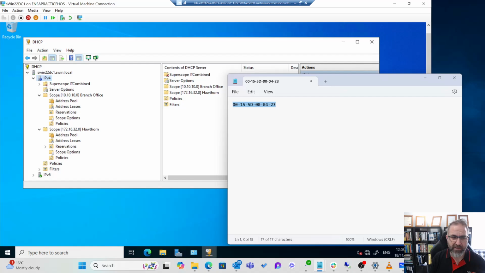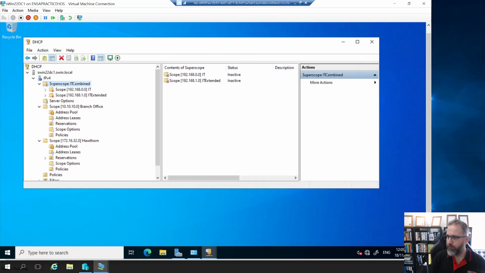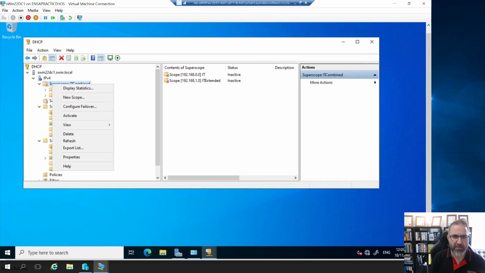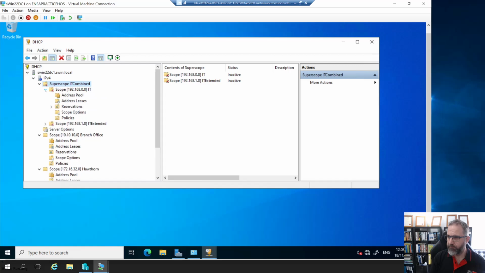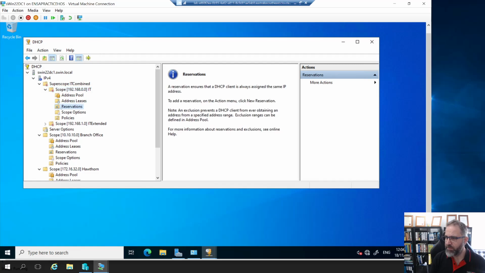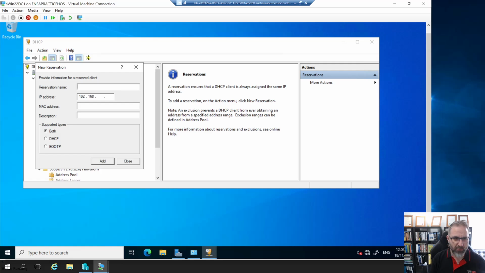Now I'm going to create a reservation for that one, for that client. Okay. Click on Super Scope up here. Right click, I believe. It's a bit tricky. It's a bit confusing, this one, because I'm not sure which scope it wants us to put this in, but let's go to reservations. Right, I'm going to put it into the IT scope. It's a bit tricky, but we'll call it